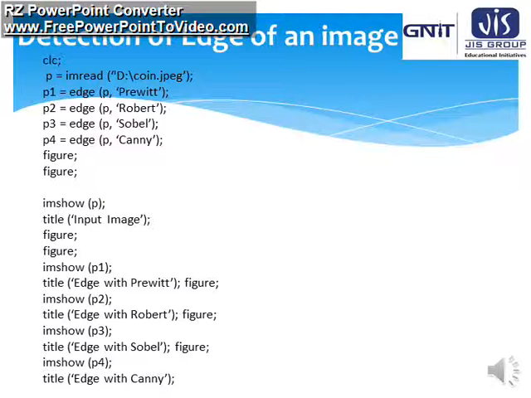By this we display all the images P1, P2, P3, P4 to show the edge with Prewitt, the edge with Roberts, the edge with Sobel and the edge with Canny. So this is a program by which we can use the edge detection technique through the MATLAB programming language.